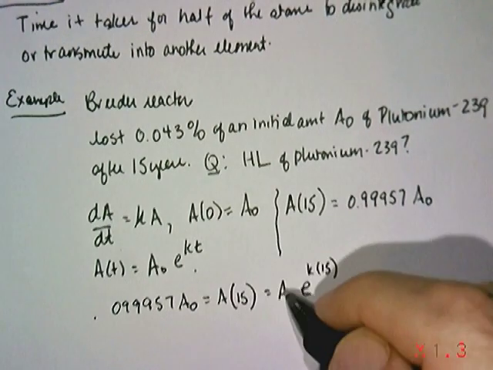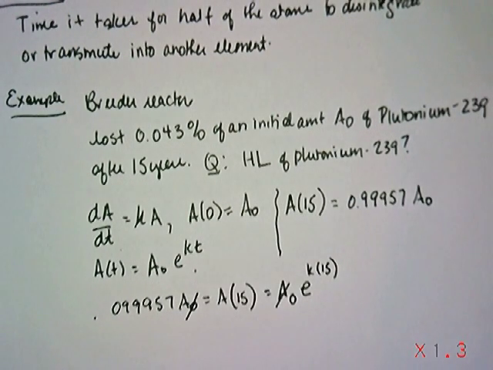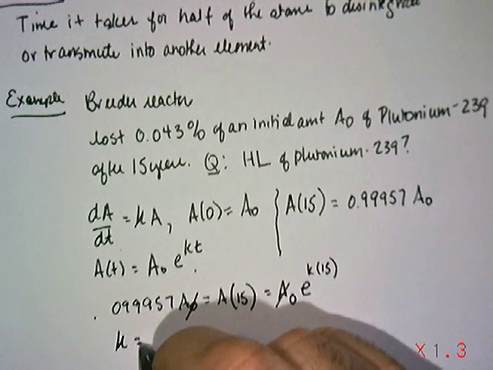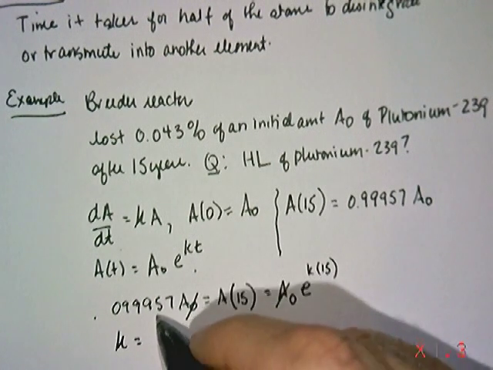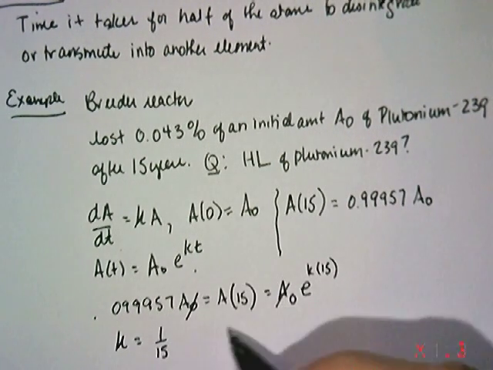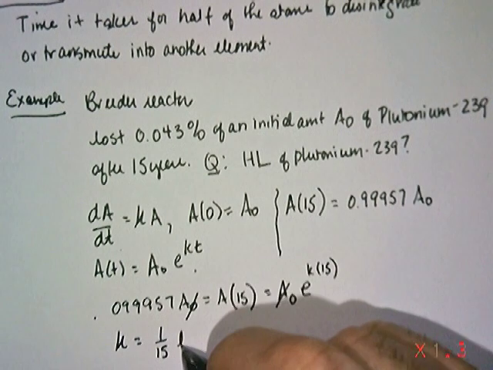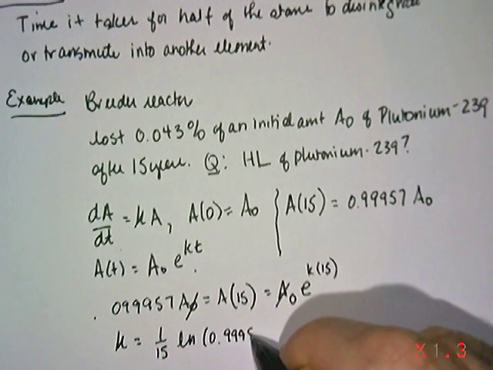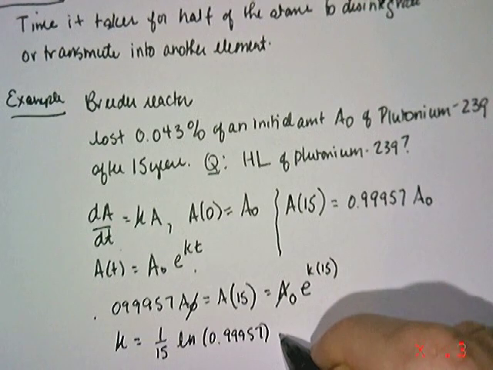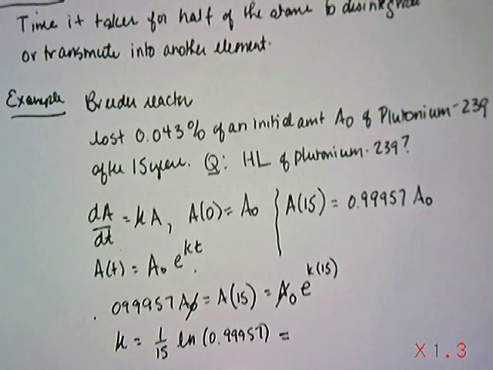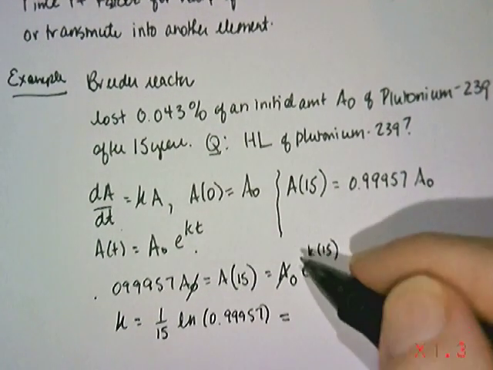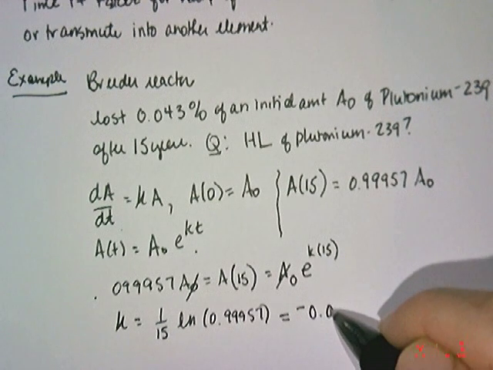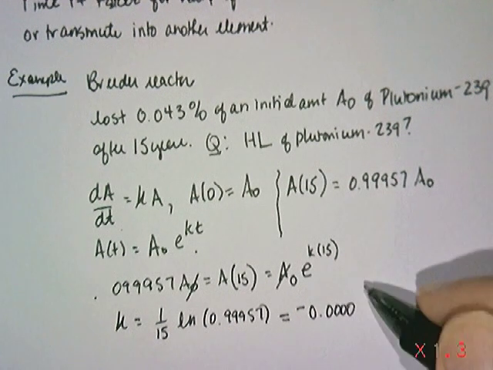Now, of course, the A0 terms cancel, and the goal here is to find the particular K that describes this decay, and it will turn out to be simply 1 over 15, just solving the simple equation using natural logs, times the natural log of 0.99957. And because that number is less than 1, you can immediately tell the log is going to be a negative number. You're going to get negative 0.00040 followed by